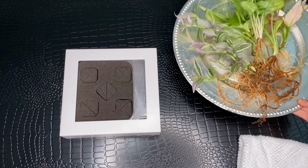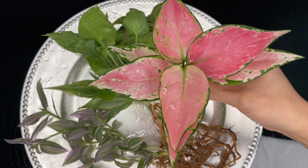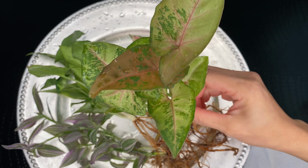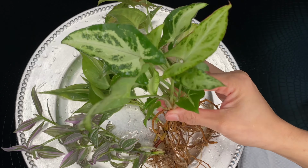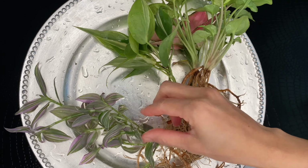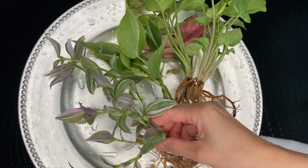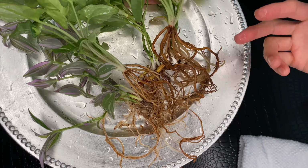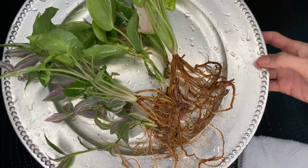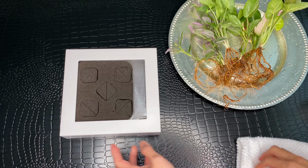So here are the plants that I decided to use. First is the Aglaonema Lucky Red, Syngonium Pink Flecked, Syngonium Randy, the Philodendron Sport, and the Tradescantia Lavender. So beautiful, friends, and I love all these plants. They have beautiful colors. They have been already washed, especially the roots, and I'm going to cut them to fit into this